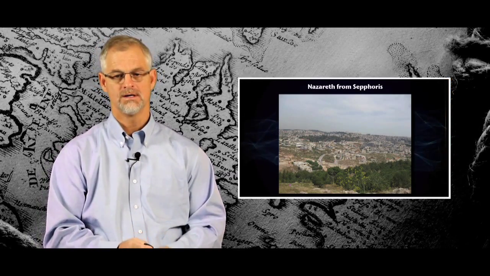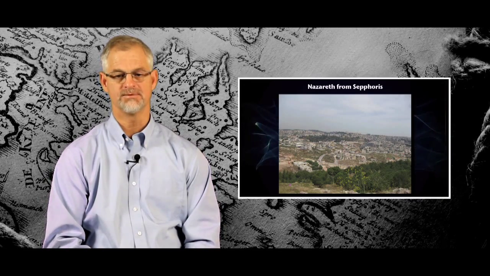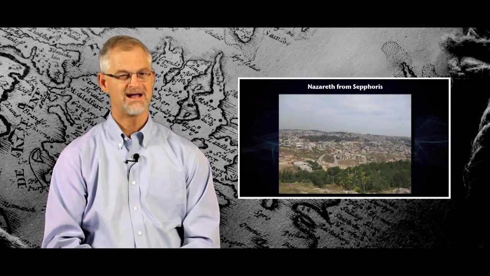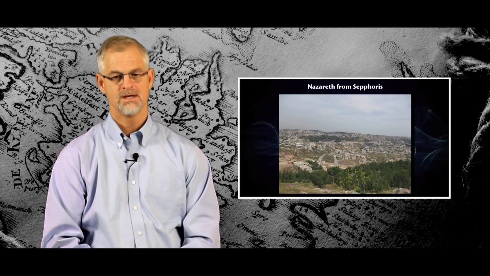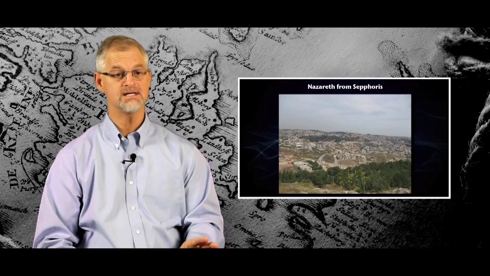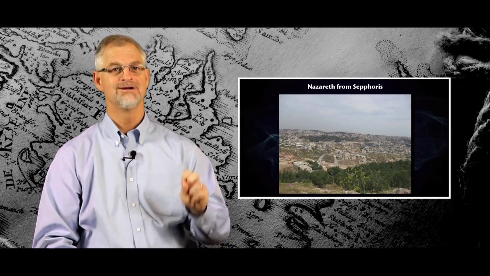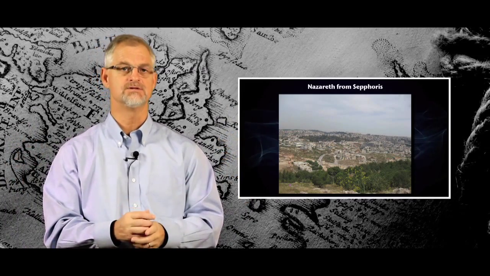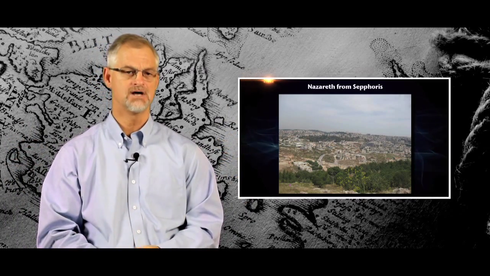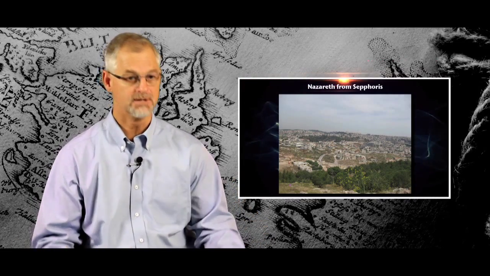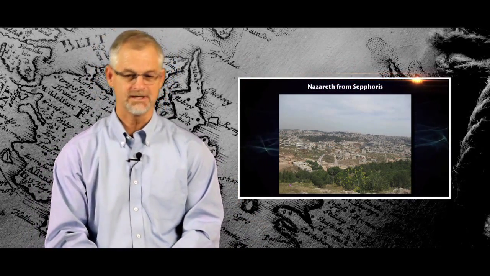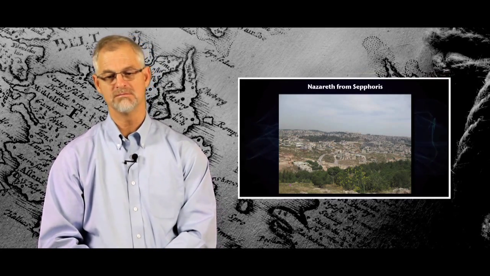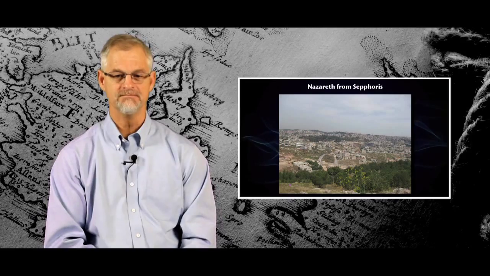The view here is rather important, I think, for our purposes. This is a view of Nazareth from Sepphoris. Sepphoris is about 1.5 miles, 2 miles away, and Sepphoris is important. It's not mentioned in the New Testament, but remember, Joseph was a carpenter, as it is often translated in the New Testament. The Greek is a tekton, a skilled laborer in the building trade. We're not exactly sure what he did, but given what most things are made of in that part of the world, probably he was working in stone to a large degree. In any case,